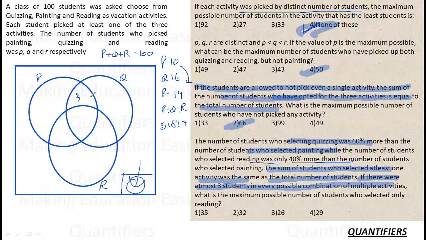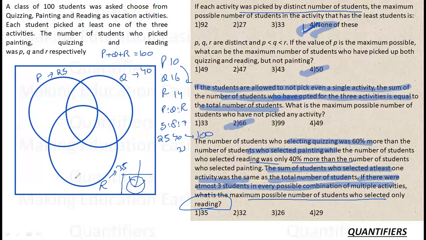Anything about that. What is the maximum number of students who have selected only reading? Only reading को maximize करना है. क्या पंगा है? कुछ भी नहीं है. All this is totally just to confuse us. If I divide my students in this ratio only, 5:8:7, total students are 100. So this will be 5 by 20 into 100, 25, 40 and 35. So reading को I can give 35, ठीक है. Quizzing को I have to give 40 and इसको I have to give 25.